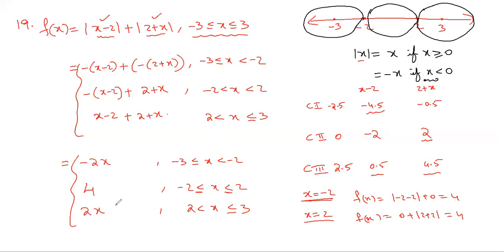So this is the redefining. And getting 4 at minus 2 will happen here also. If you use this definition also, if you substitute x equal to minus 2, you get 4. And here also, if you substitute x equal to 2, you get 4. So including equal to here or here, anywhere is fine, or in both places also, it doesn't matter. But I just kept it in the middle one because it's straightforward 4, instead of doing a calculation to get 4. Right?